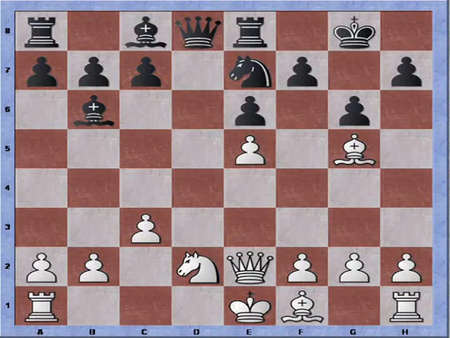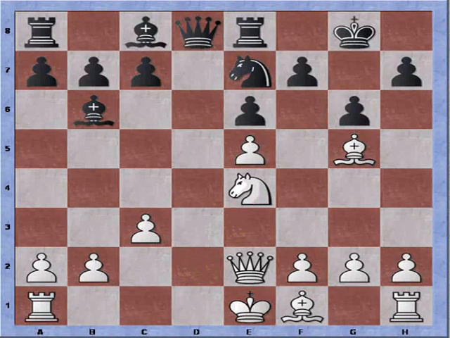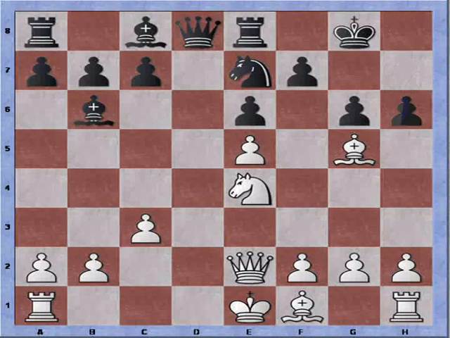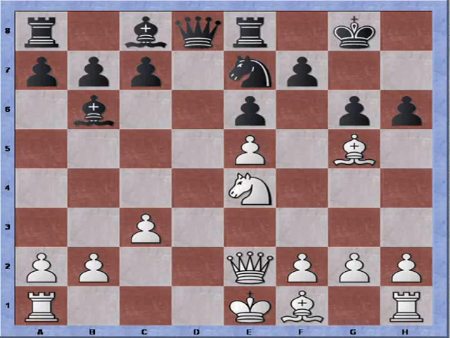Black plays bishop to b6 immediately, realizing knight to e4 is coming up. So I play knight to e4. And now we can see the knight is targeting the second hole on f6. And there's not much black can do against it. Black tries a counterattack with h6. h6 offers up the pawn,